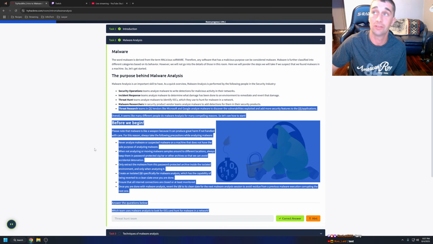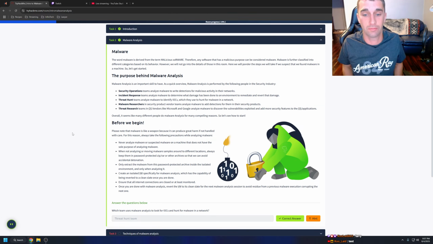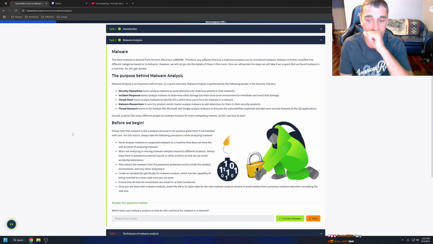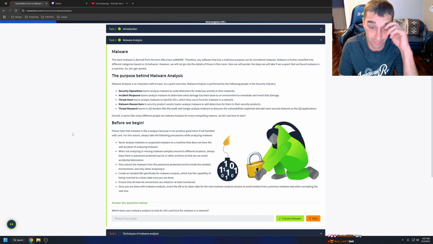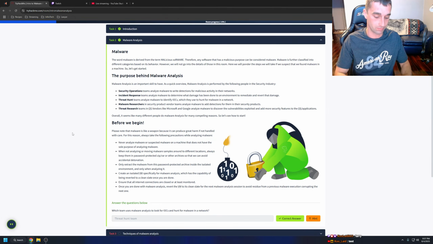Alright, let me finish this. Threat research teams in OS vendors like Microsoft and Google analyze malware to discover the vulnerabilities exploited and add more security features to the OS/applications. Overall, it seems like many different people do malware